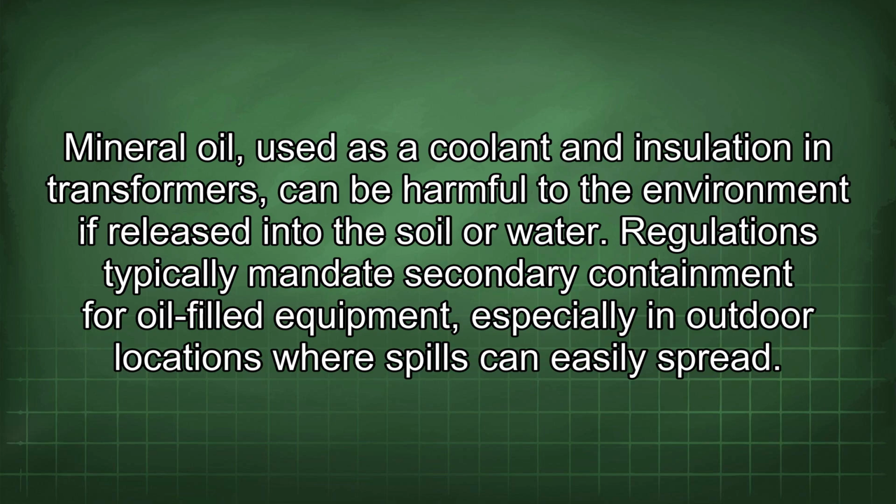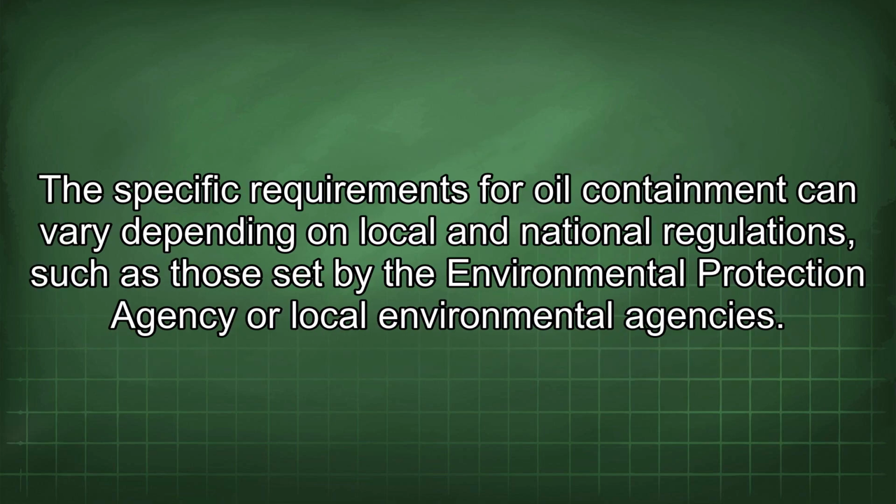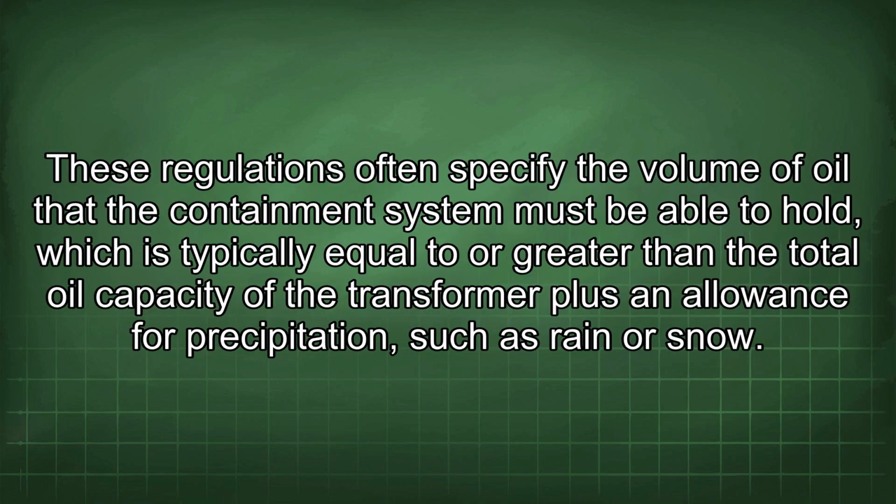Regulations typically mandate secondary containment for oil-filled equipment, especially in outdoor locations where spills can easily spread. The specific requirements for oil containment can vary depending on local and national regulations, such as those set by the Environmental Protection Agency or local environmental agencies. These regulations often specify the volume of oil that the containment system must be able to hold, which is typically equal to or greater than the total oil capacity of the transformer plus an allowance for precipitation, such as rain